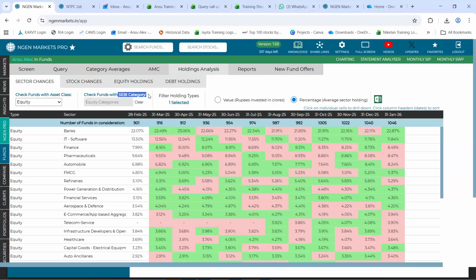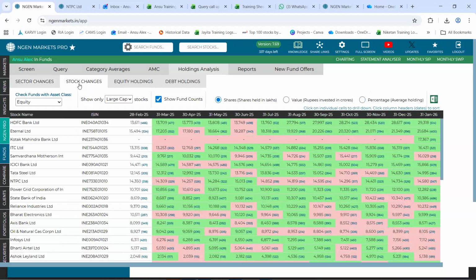You can also shortlist the SEBI category that you're looking upon, and it tells you the trend of investments of mutual funds into different sectors on a month on month basis, which we show for a period of 12 months in history.